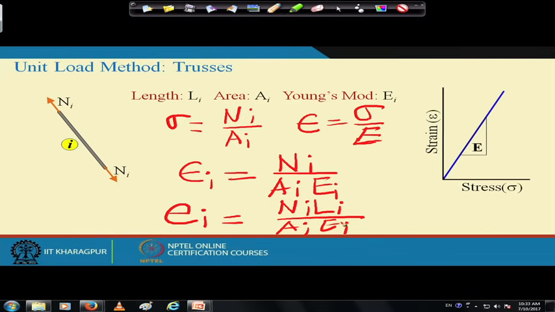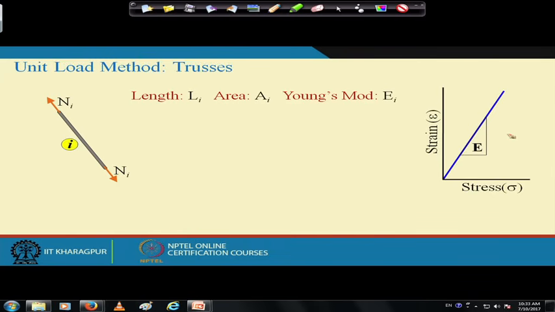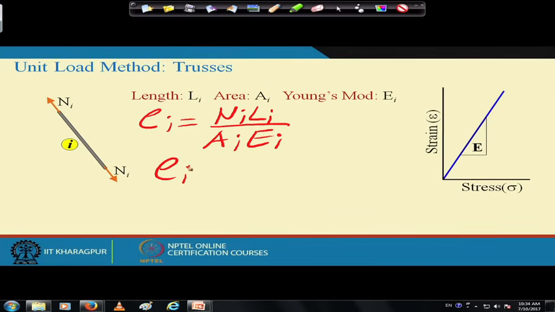So the elongation is equal to Ni Li by Ai Ei. This is sometimes written as